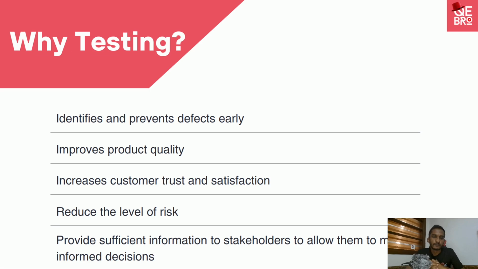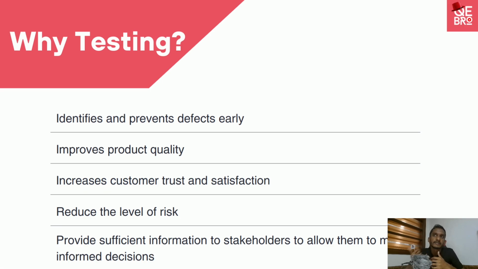And also, when we do more testing, that means we identify more issues and then we fix those issues and then we do the release. That means we have improved product quality. If we fix more issues, there's less chance of identifying issues in production. That means fewer issues were released to production, because most of the scenarios we captured early in the lower environment and we fixed those. So that means improved product quality.